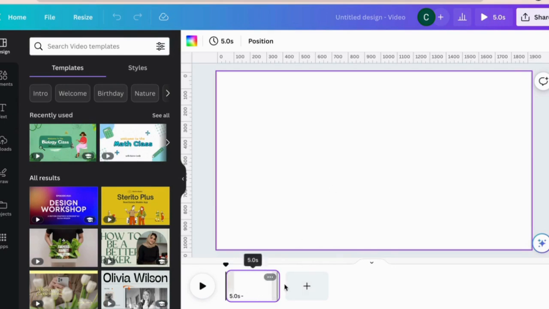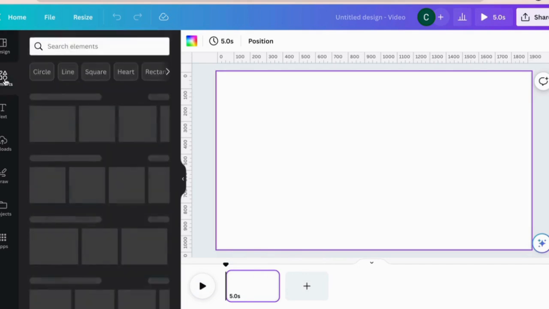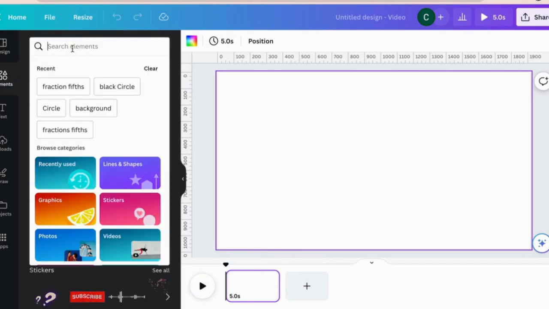The bottom is your timeline. That's where you're going to place different elements. And they have a play button here towards the bottom and a play button towards the right. So again, we're going to start with elements and we want to create a title slide so we know